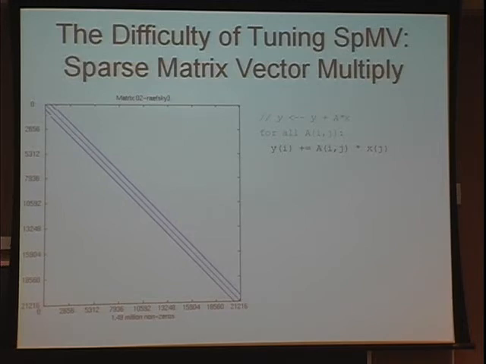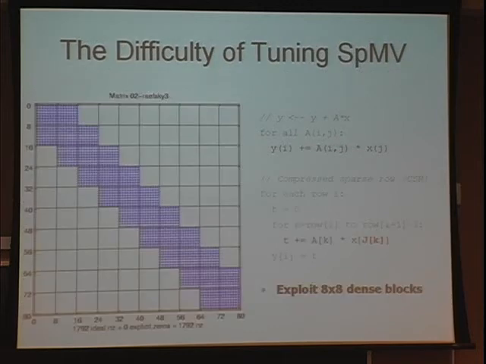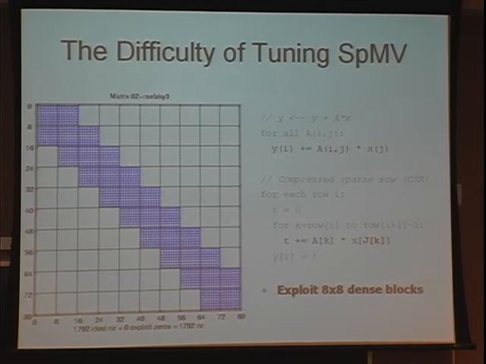So here is a large sparse matrix, Rafsky 3, it's from a standard database, it's some finite element problem, and I'd like to make y equals A times x run as fast as possible. So there's the usual dense loop. So let me zoom in on this upper corner and take a look at what the matrix looks like. And it turns out to be a lot of little dense 8x8 blocks